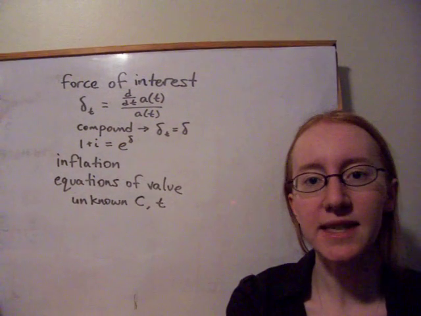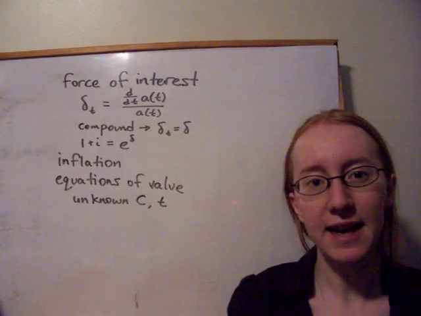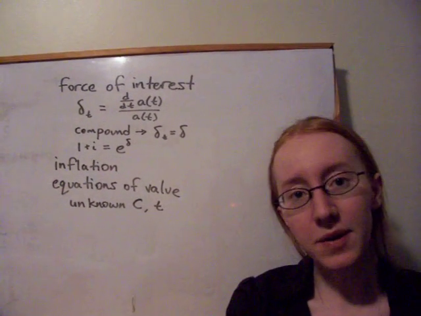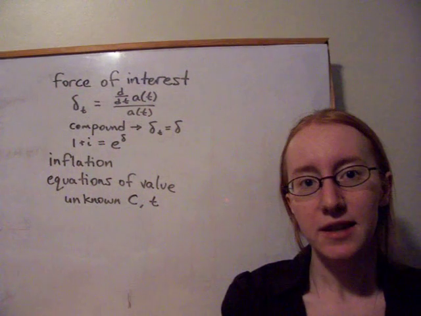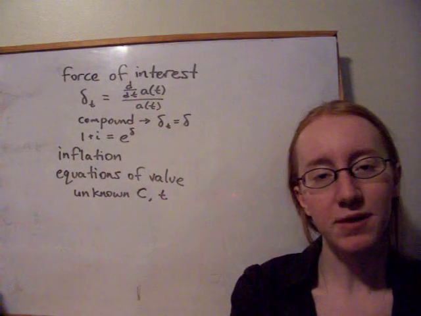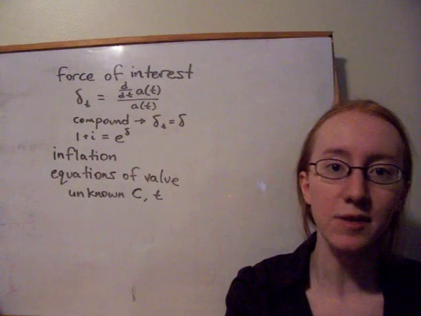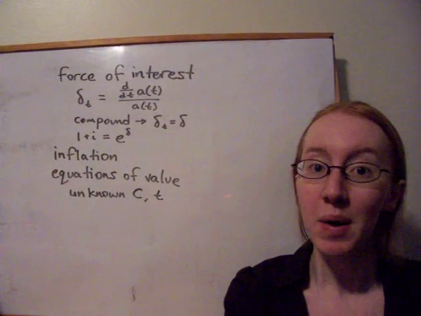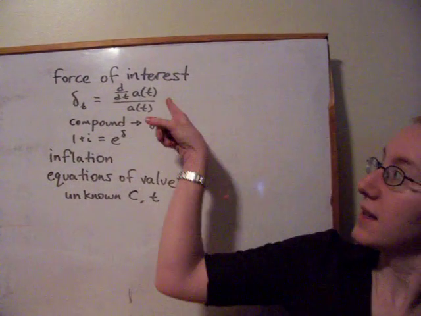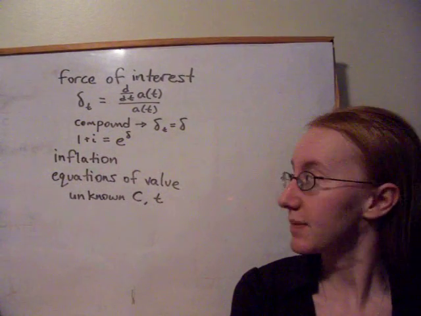And the relationship that's going to exist between this force of interest delta and the actual annual effective compound rate i is that next line there. 1 plus i is equal to e to the delta, or the reverse relationship, delta is just equal to the log, base e of course, of 1 plus i. So with the force of interest, we can use it in two different ways. We can specify a constant force and then use it like any compound interest situation, or we can specify a non-constant force and use the reverse of this relationship to actually reobtain the accumulation function a of t